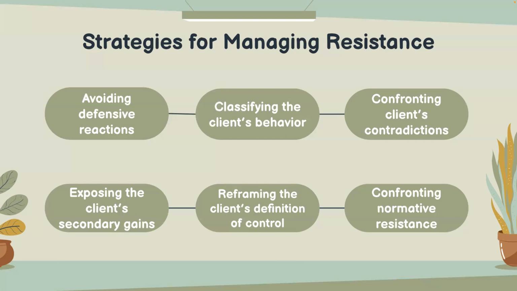Second, classifying the client's behavior. Counselors should classify clients' behavior as either resistance or non-resistance. Successful resistance management depends on the counselor's ability to assess the client's behavior thoroughly and match it to one of the 4 quadrants discussed in the previous slide. A common mistake counselors make is classifying protest as antagonism, which means just because the client is not resistant to counseling does not mean they are cooperative. So just because you don't visually see any outward signs of resistance doesn't mean that there's not resistance.